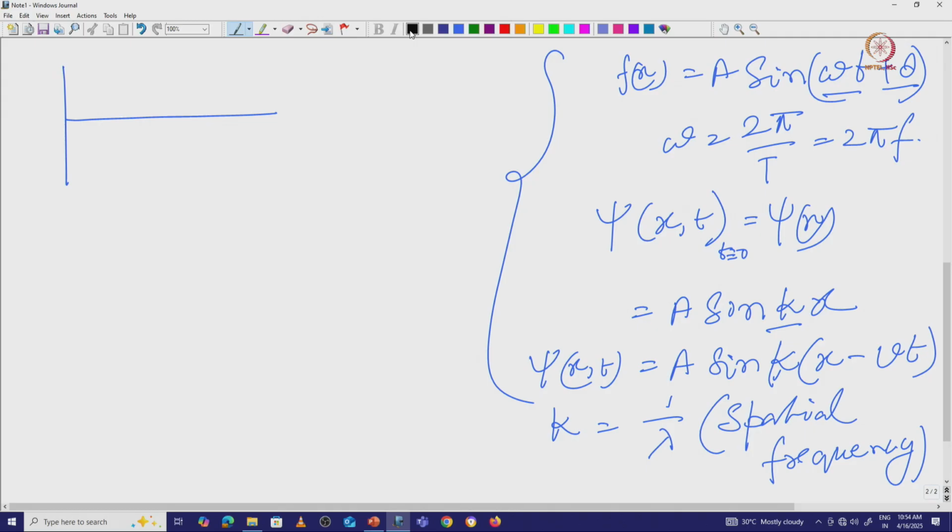So this is our first wave, right, that we started discussing. It is starting from 0, this is lambda by 4, this is half lambda, and this is full lambda, and this one we already said is 3 lambda by 4, right, and here t equals 0, and this is the velocity in this direction. Now, in a phasor diagram I want to plot this one. How do I want to plot it?